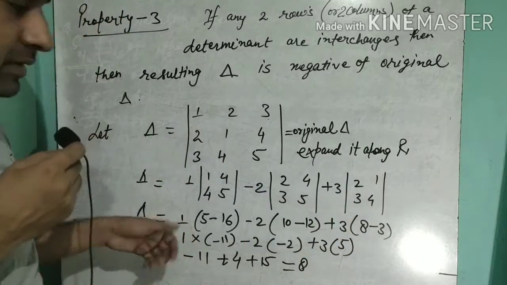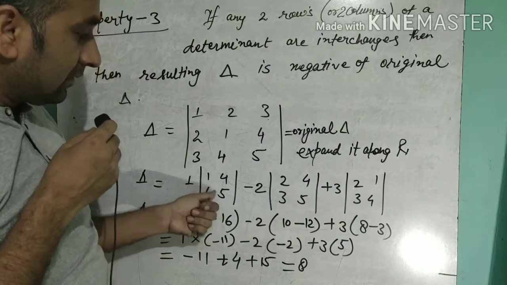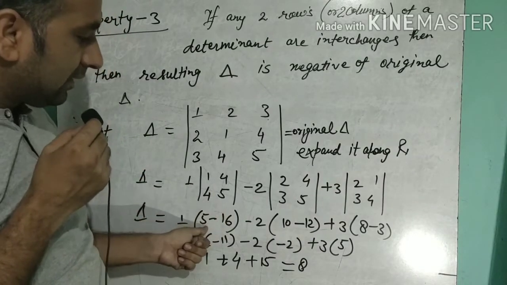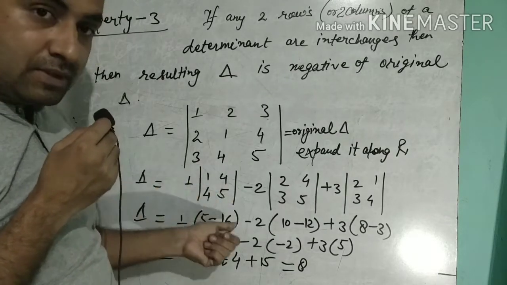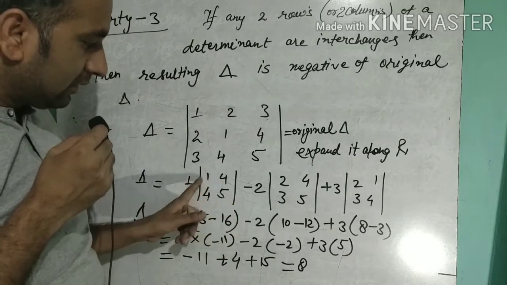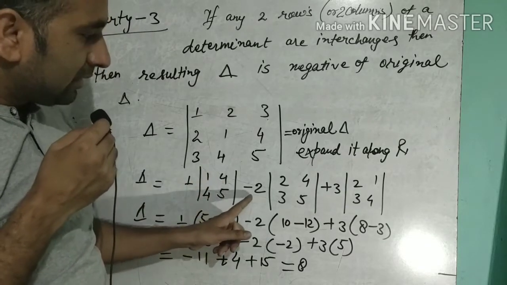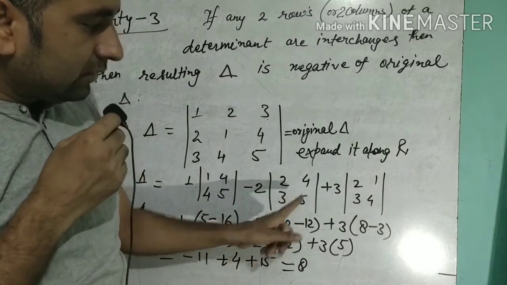So after some mathematical operations, it's a 1, and we have here 1 multiplied with 5 minus 4 multiplied with the 4. We will multiply with the leading elements of the determinant. It's a second order determinant here, 1 4 4 5. Similarly for the -2, we will get 5 2 is 10 and 4 3 is 12, so -12.